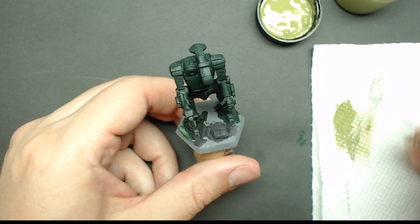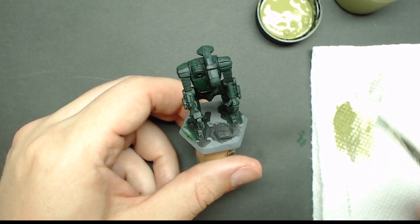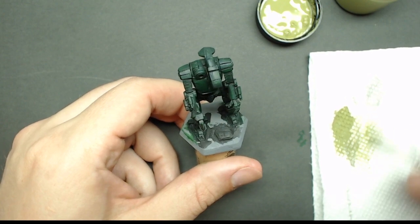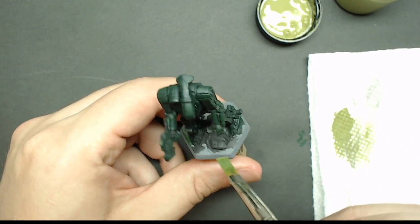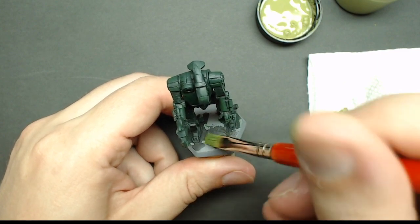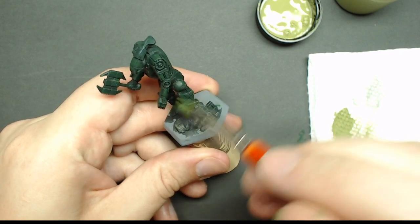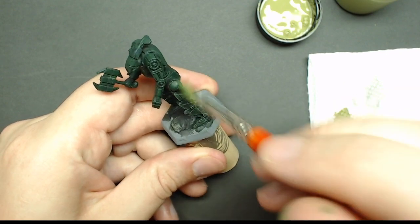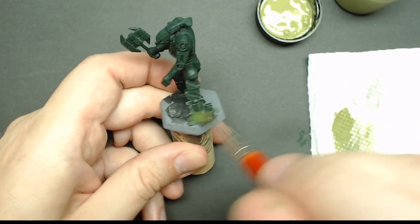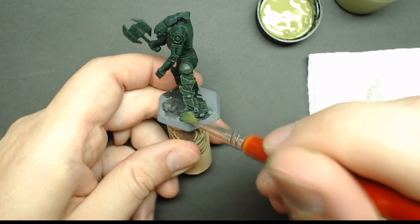I like to set a little bit of a damp area here that I can kind of go back to, so I don't always have to keep dipping into the bottle, but whatever your preference is. And then I kind of test it out on something that's not the model. So I'm just going to use this rock and see how it's laying down. Cool. So now I'm lightly dry brushing just to get the raised edges at first, just to get a feel for it, make sure the brush is dry, and that I have a decent amount of paint loaded on the brush. I'm not trying to cover it all at once. I'm just trying to first get